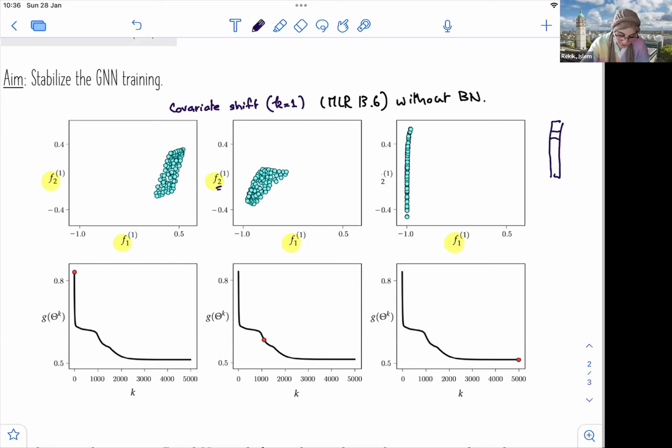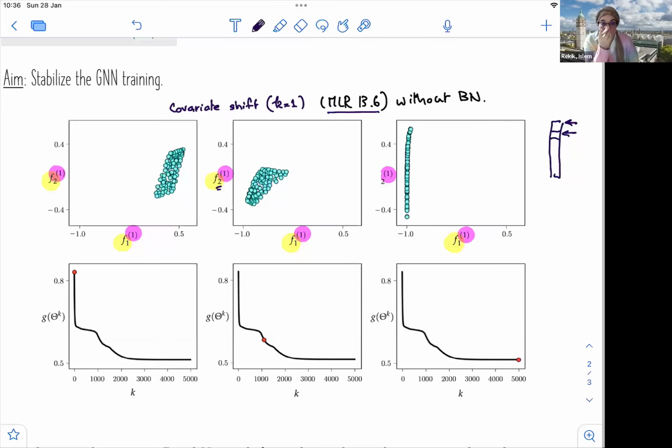And this is for layer 1, the first layer. If we take a single layer, and look at the relationship between these two covariates or features in our learned embedding in a particular neural network. This is taken, by the way, from the textbook Machine Learning Refined by Jeremy Watt, chapter 13,